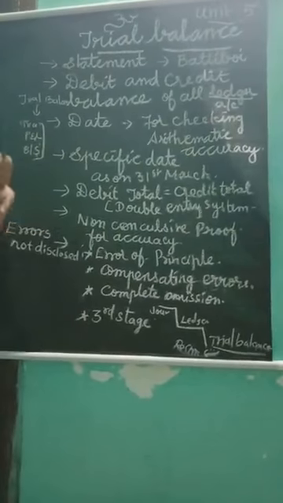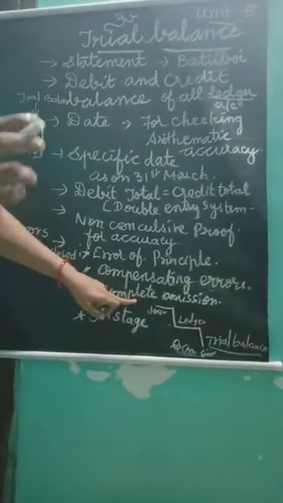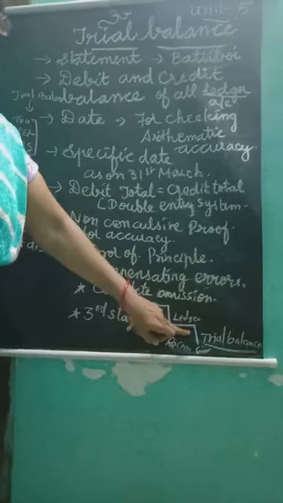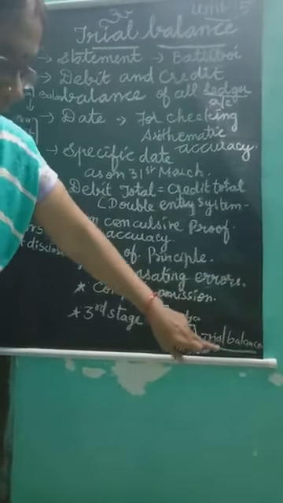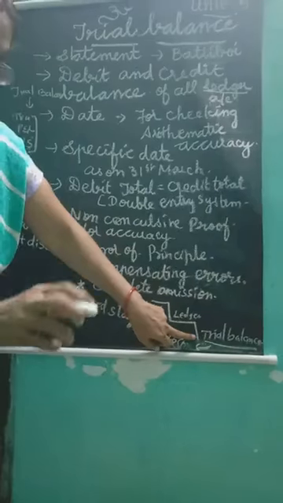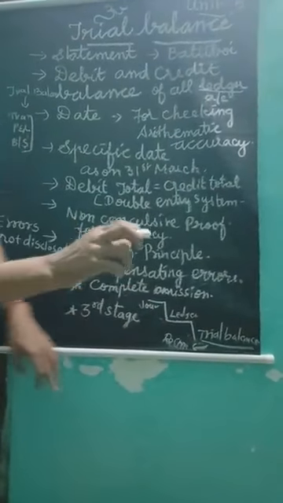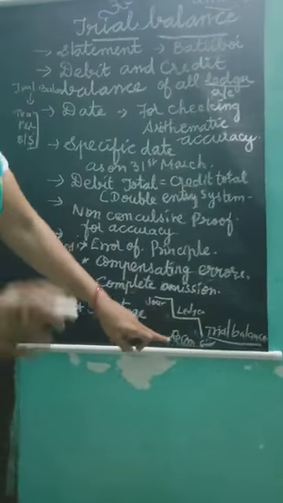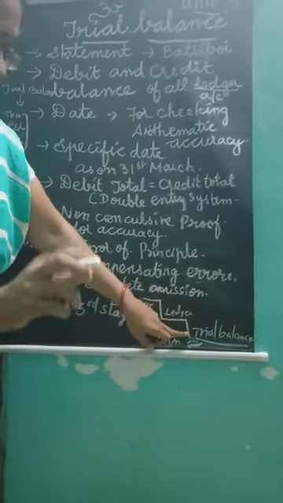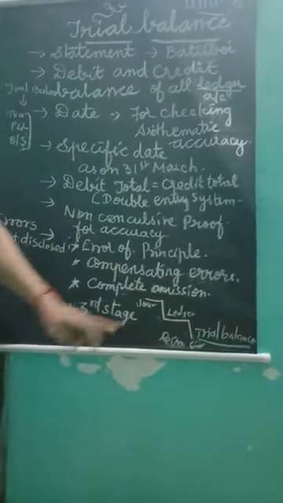And then this is the third stage. First stage, journal entry. Then ledger account. Based on the transaction, we have prepared the journal entry. Based on the journal entry, we have prepared the ledger. Based on the ledger, we are preparing the trial balance. And if errors are not disclosed and there is a difference, for the time being we will write the difference in the suspense account. Which side is the difference? A debit side difference means we write it in the debit side of the suspense account. Whichever side total is lower, on that side we write the suspense account.